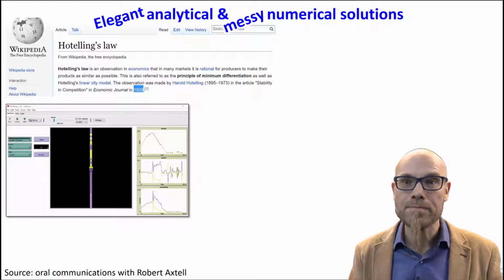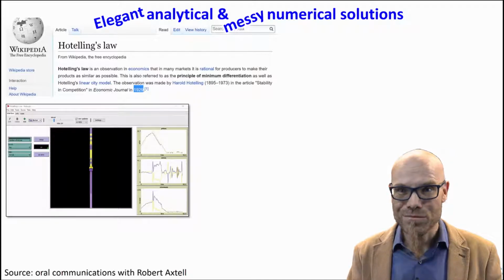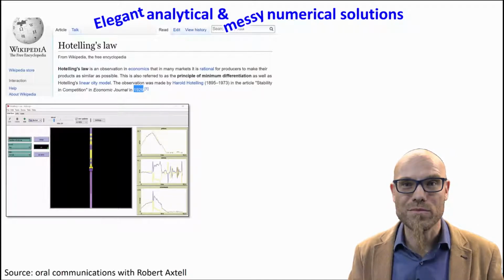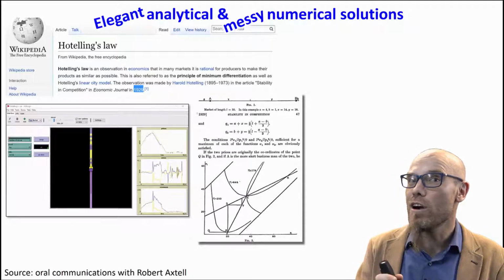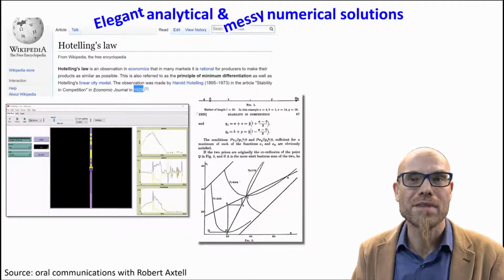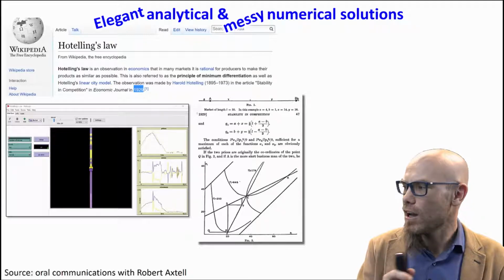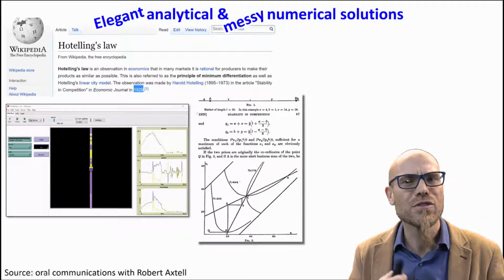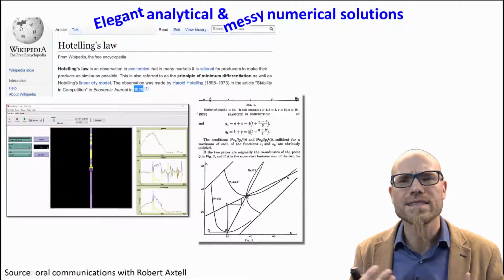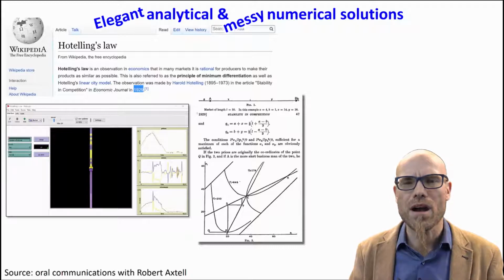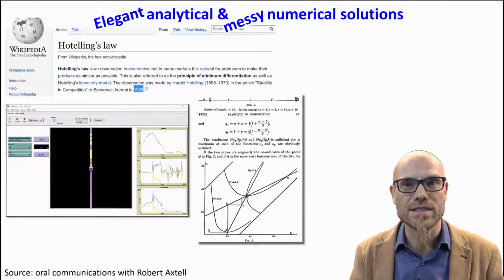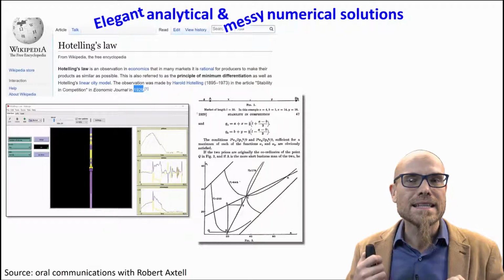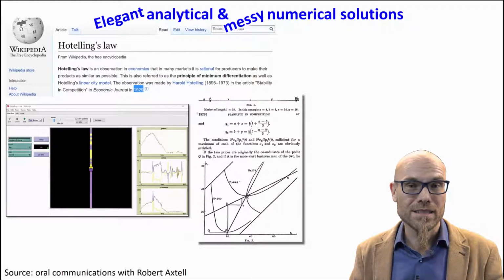And Hotelling, again really great work, did that with pen and paper, with two companies. Here you can see the original paper from 1929, and he worked out these beautiful graphs, and it became a very standard law for us to understand better how markets are actually divided, how competition among products affects the price and the market share, and what the result can be. Now this was done with two companies.